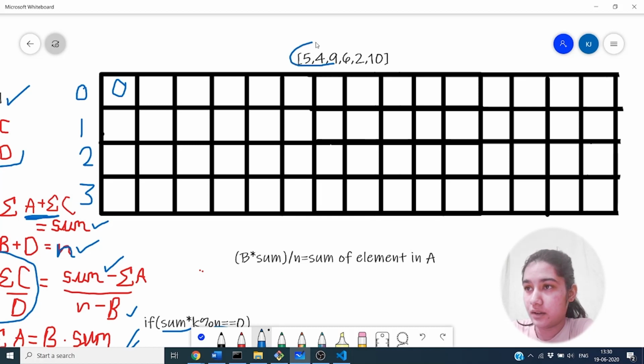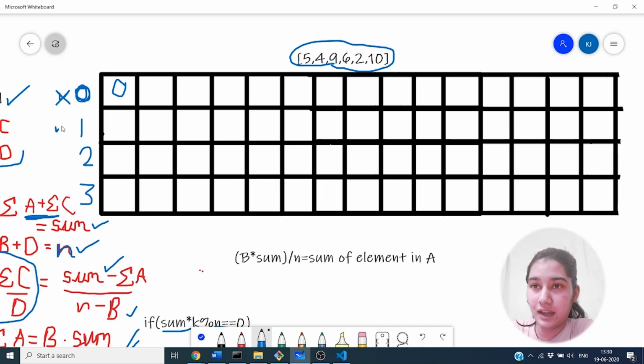As the input array is this, for dividing into two halves, let's say we have 0 elements in the array A, which does not satisfy the conditions given in the question.